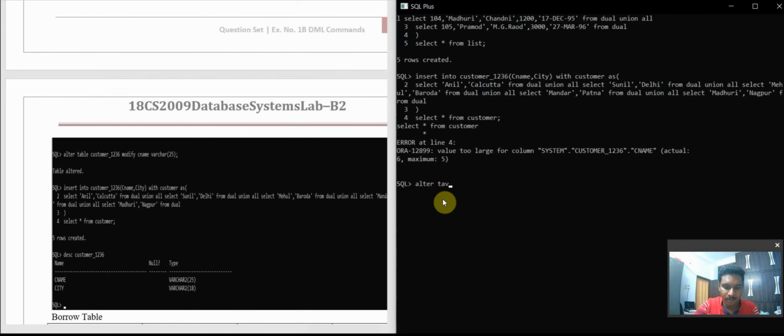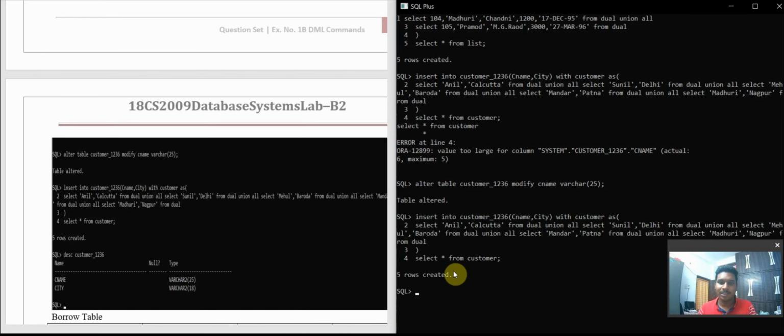Alter table customer_1236 modify CNAME varchar of 25, and let me close this. Table has altered. Now if I copy this, 5 rows have been created successfully.